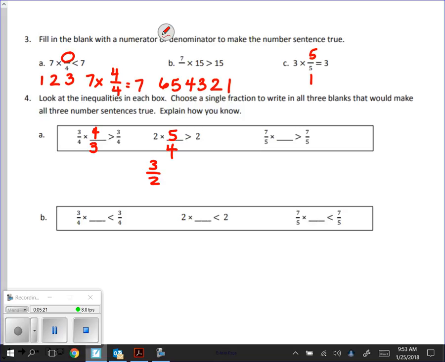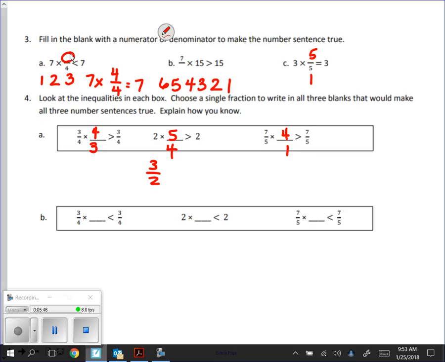7/5 times something greater than 7/5. Caitlin, what would you do? I put 4/1. As long as it's improper. Now I would, yeah, if it's greater than 1. I would probably steer away from the whole number thing. But